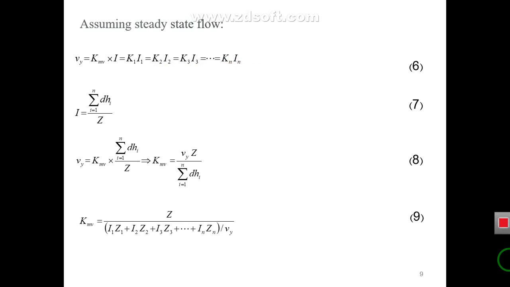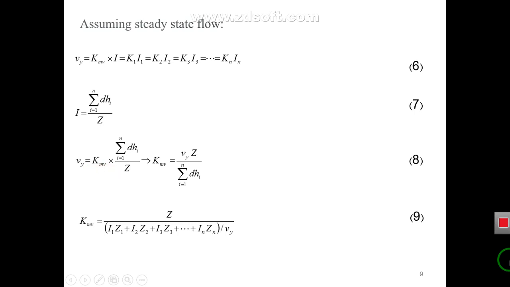According to the hydraulic gradient equation for the set of layers, and by replacing the hydraulic gradient in the above equation here, we obtain this equation,